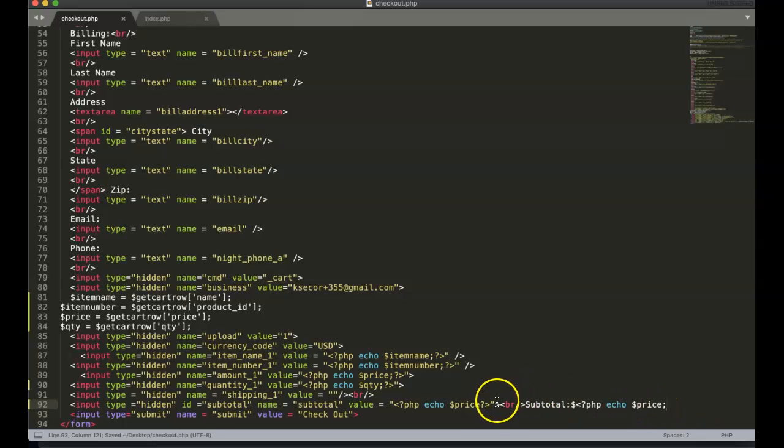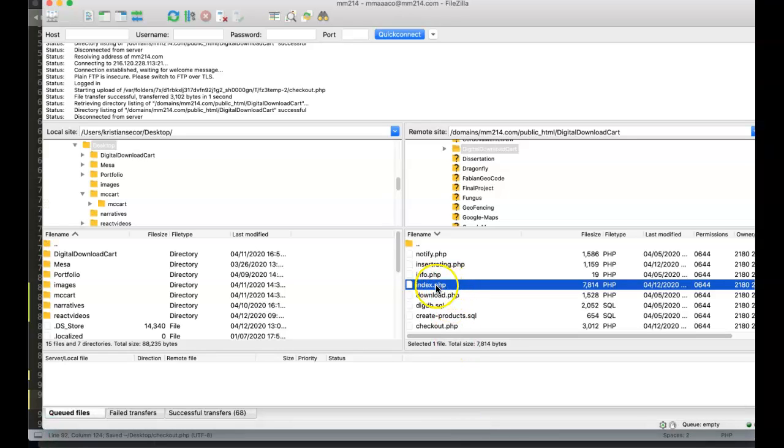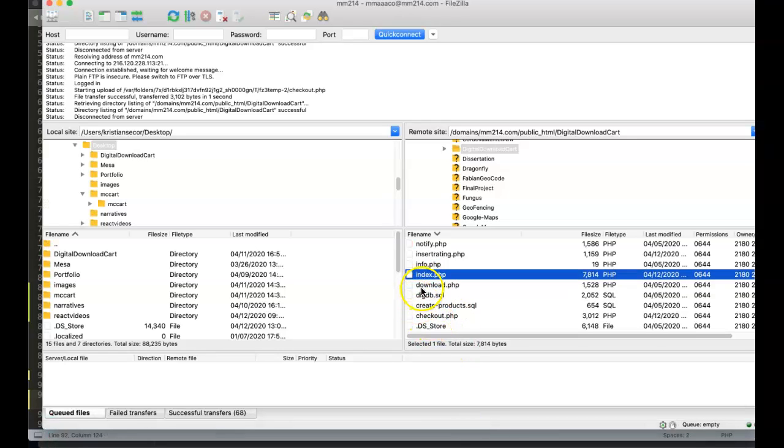And we need to figure out why things are the way they are. But I can just close that, and now our color coding comes back to normal. I can go ahead and re-upload that. So actually I've got